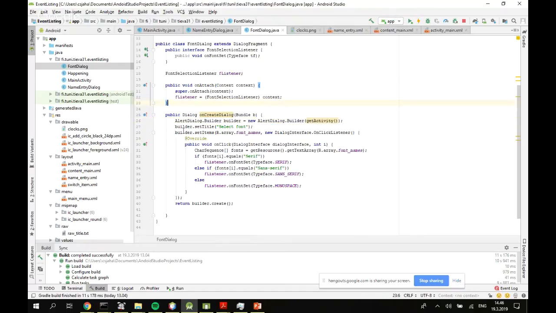I set the builder's title, but then I call the set items method of the builder. So the builder has tools for you to create these selection dialogs where there is a list of objects where the user can select one, or there is a mode where you can allow multiple selection as well. And what it takes as parameters are an array of the values, and these font names are in the resources, and then a dialog interface on-click